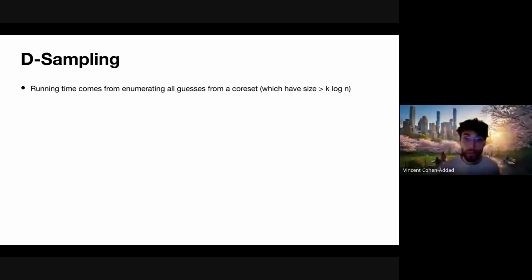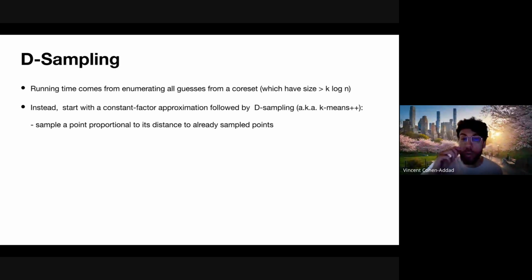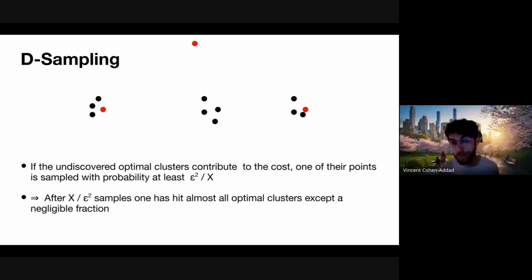So that's not good. So instead, what we did in this paper is to start with a constant factor approximation, and then we are going to try to sample leaders proportional to their distance to already sampled points, or to the points in the constant factor approximation. This is the work of Arthur and Vassilvitskii in 2007 for k-means. And so with D-squared sampling, you will sample maybe 1 point, then another point, then another point, and then you miss some of the elements for sure. But if you didn't sample a point from an optimal cluster,